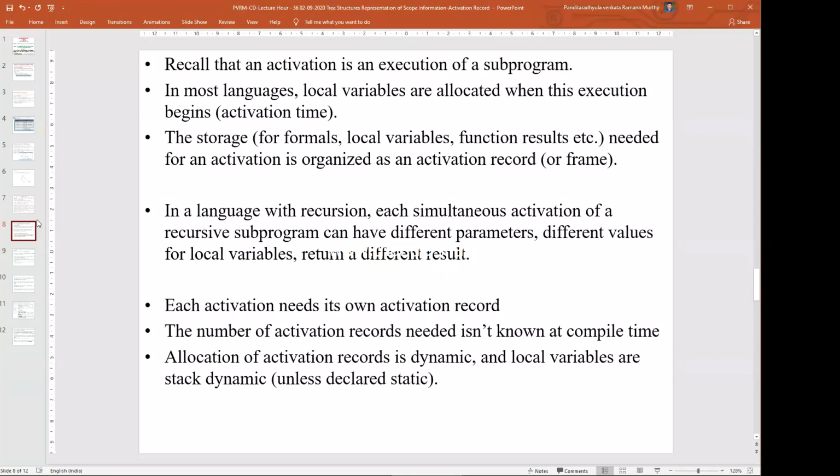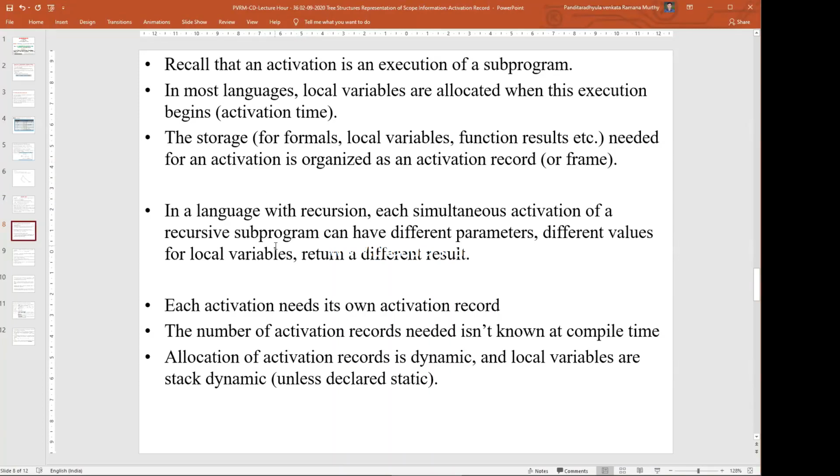Activation is organized as an activation record. For all these operations, we need to identify whether the function is active, what local variables it contains, and whether any execution of a variable is within the scope of that function.